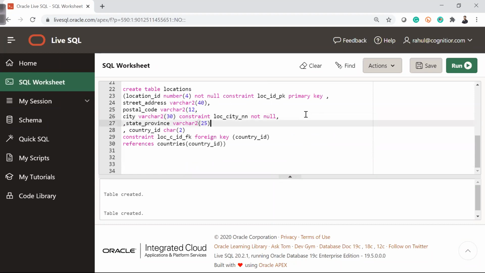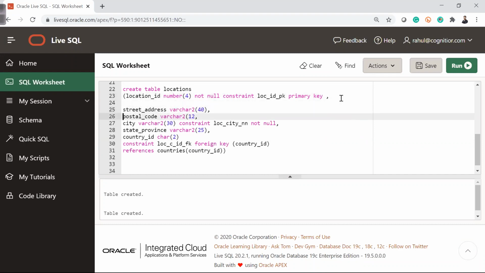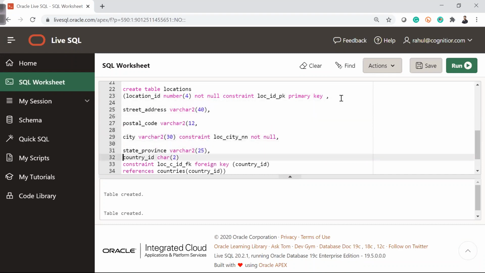So let's make it comma, comma, comma, and this comma is actually not required, so we'll remove this comma and this comma. Now this looks pretty much fine, that I have a location ID. If you want it to be more readable, then let's add enters.